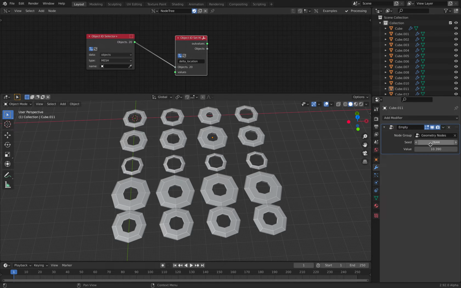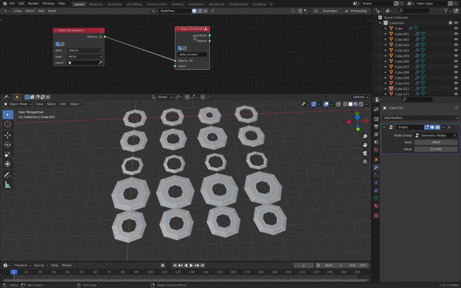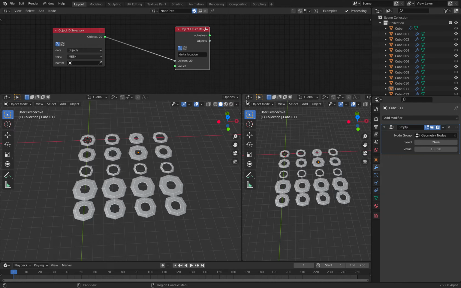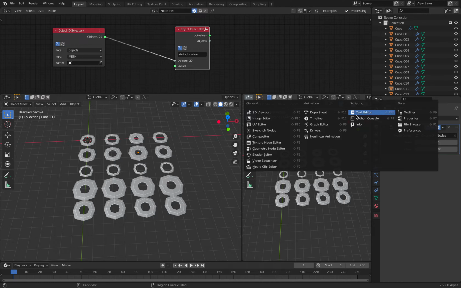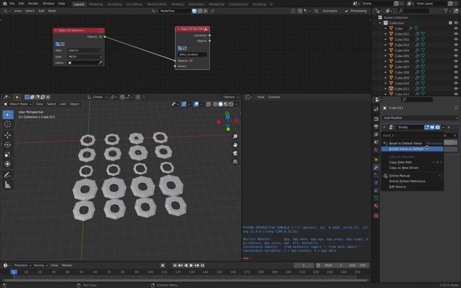We want to modify this seed modifier. Okay, I don't know if this is possible yet. If you right click and copy data path,